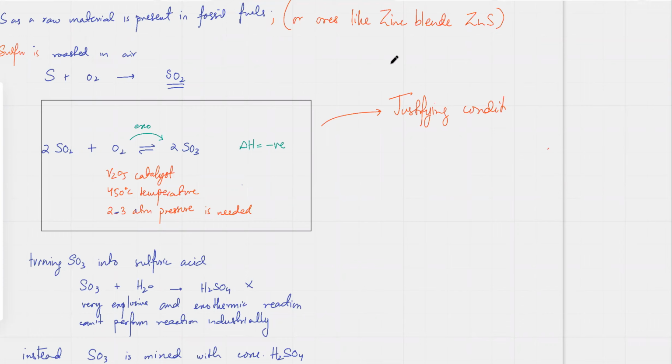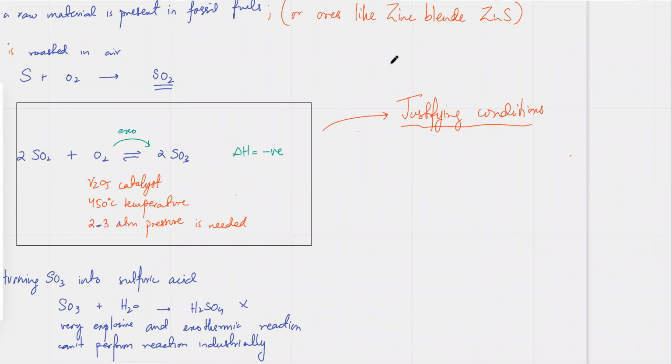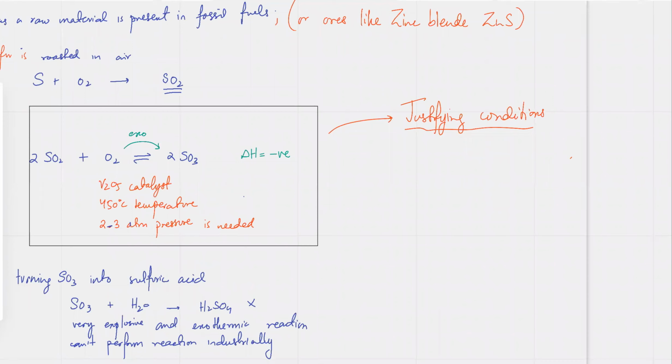And this part is exactly the same as what we have done in the Haber process. Like how do you justify the conditions? First thing, why don't you use a higher temperature? What's wrong with using a higher temperature? Now the problem with using a